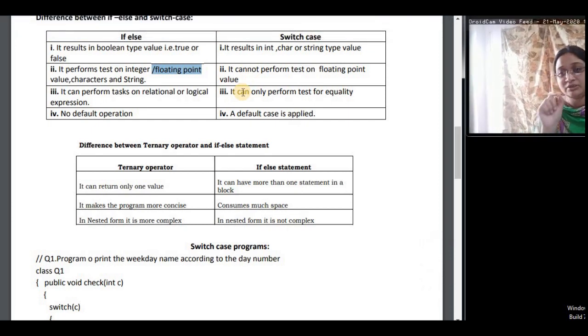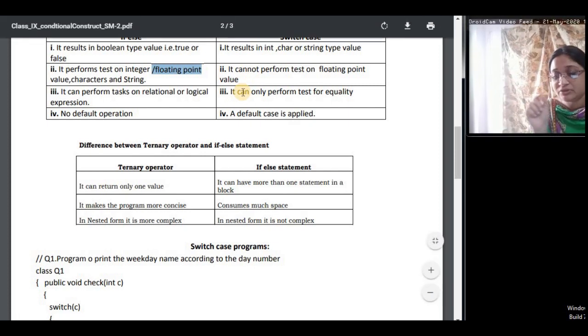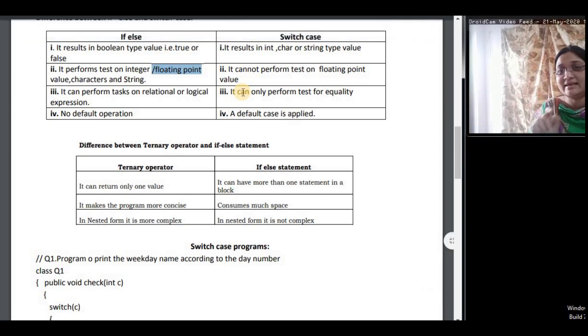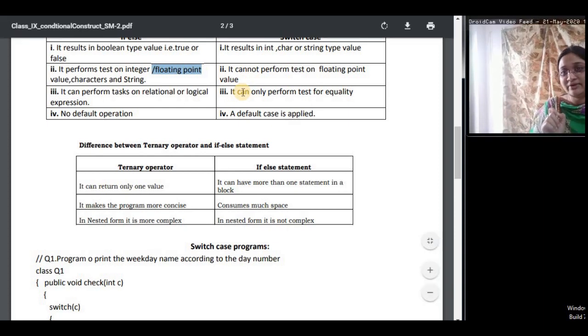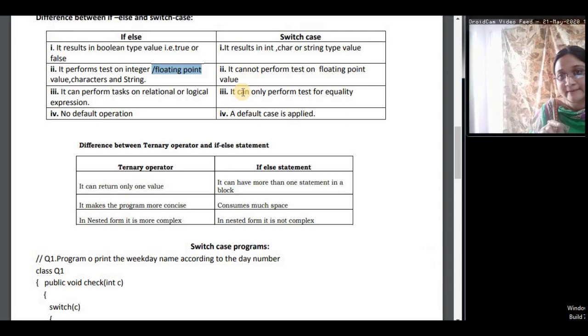Like in a switch expression or value, after writing the switch keyword, we cannot write x less than equals to 100. It will only perform a test for equality. That is, we can write x plus y. Why?